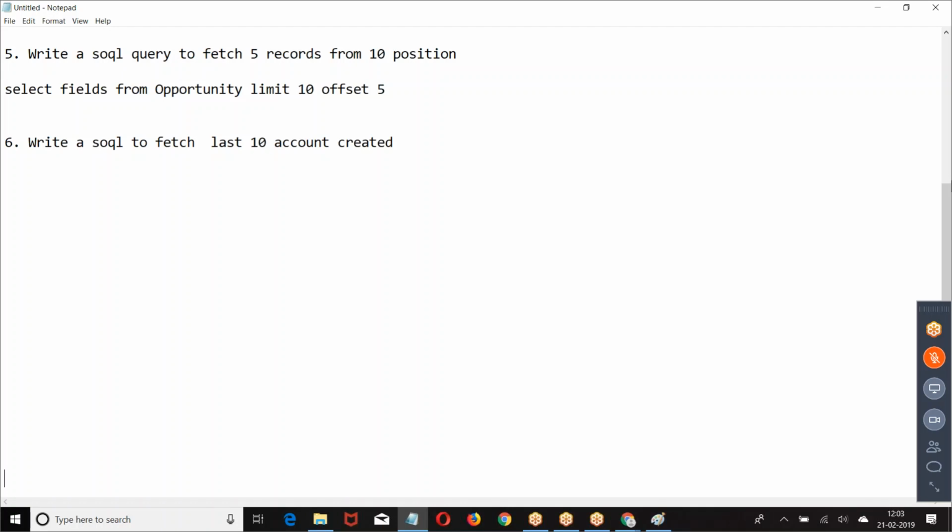What is the SOQL to fetch last 10 accounts which are created? Now we need to use the combination of order by and limit.